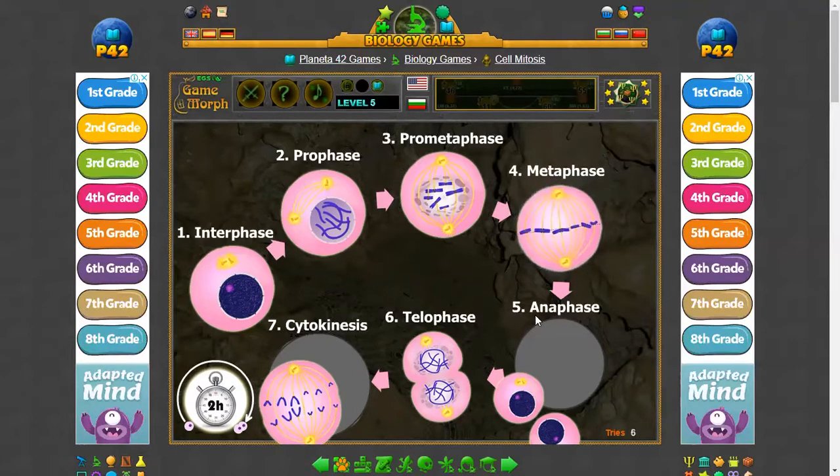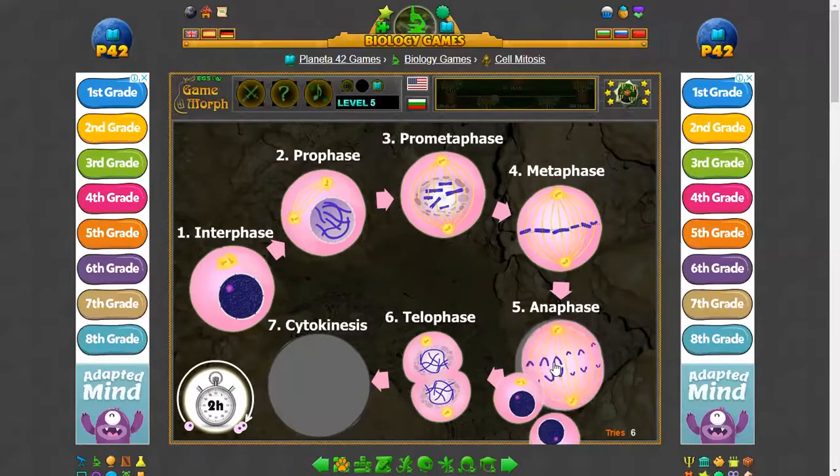What happened in the anaphase? In the anaphase, the chromatids separate and move to the opposite sides of the cell. Let's think together. In which of these three pictures were the chromatids moved to the opposite side of the cell? This is anaphase. Yes, excellent. After anaphase,